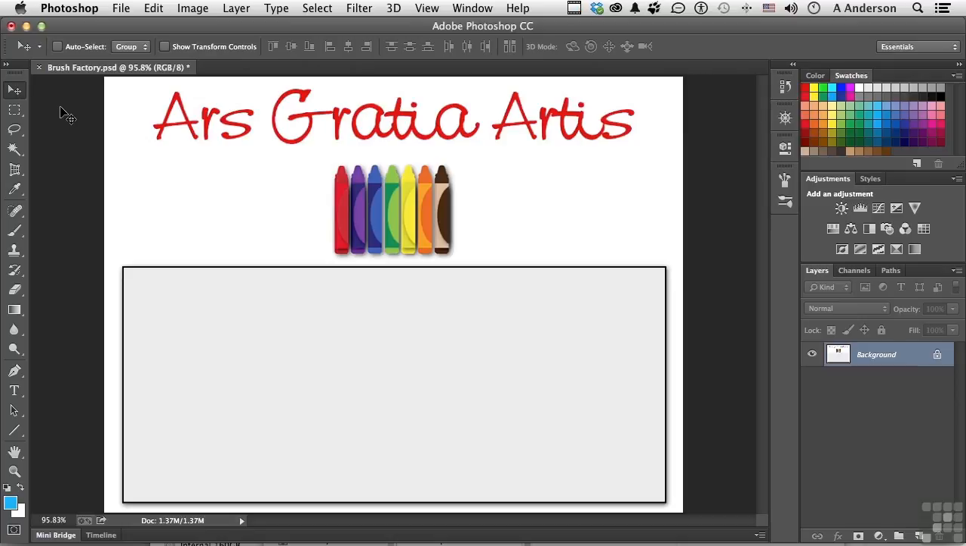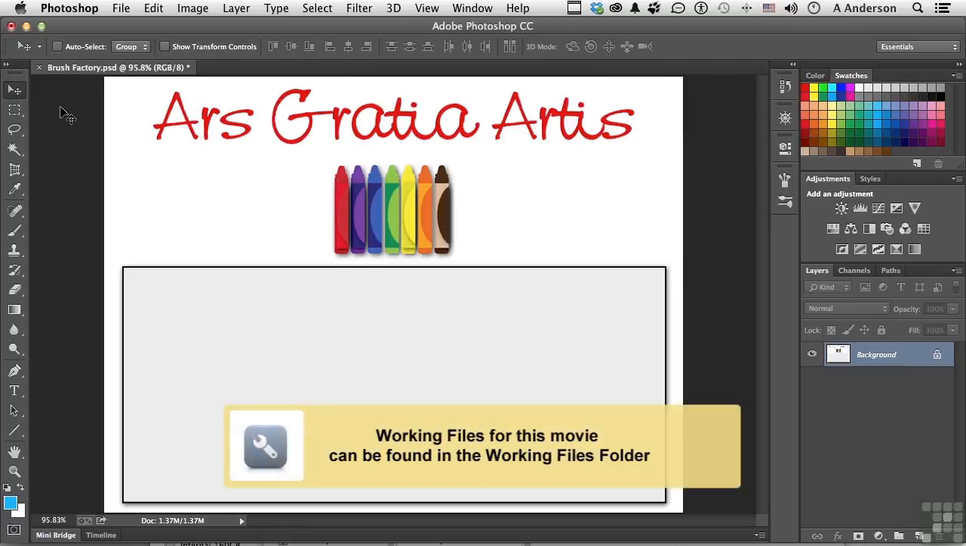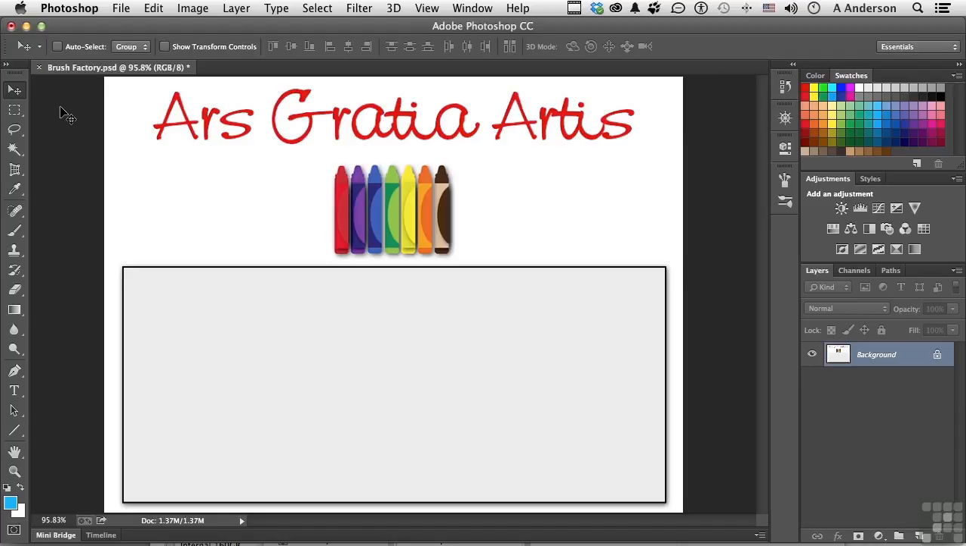Go into your working folder and open up brushfactory.psd. Let us continue our journey of discovery on brushes. In the previous lesson, we learned how to draw. I think we know how to draw, but I really sincerely hope that you picked up a couple of tips